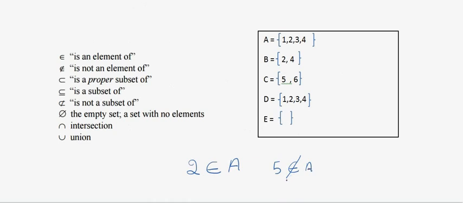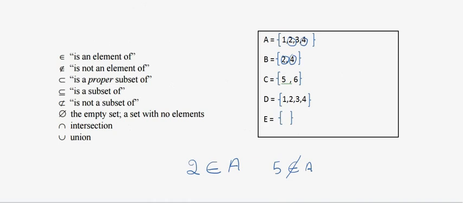Now let's take a separate example, a proper subset. Take the example of set A and set B, which I have defined here. A has 1, 2, 3, 4 and B has the numbers 2 and 4. Now you can see number 2 is common in both sets: number 2 is here, number 2 is here, number 4 is here, number 4 is here.